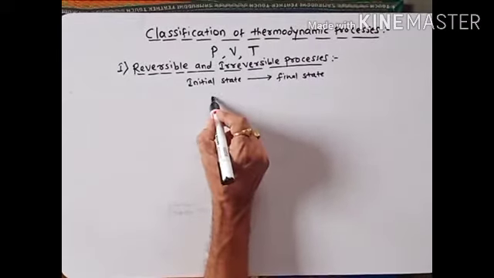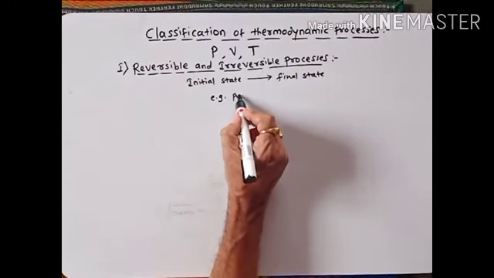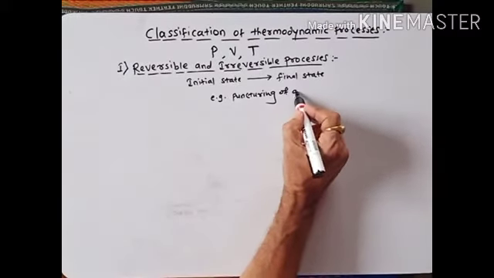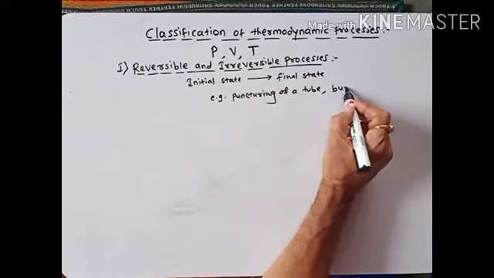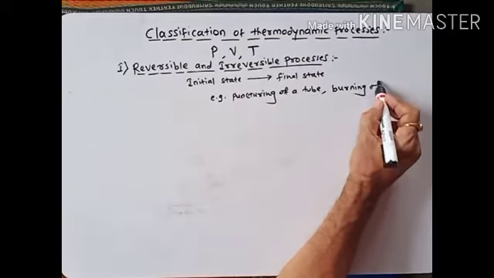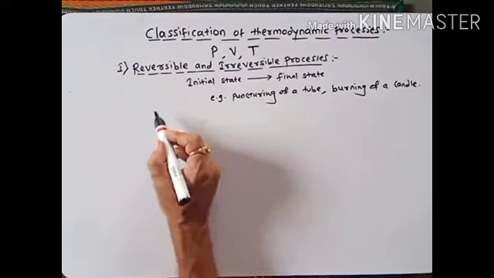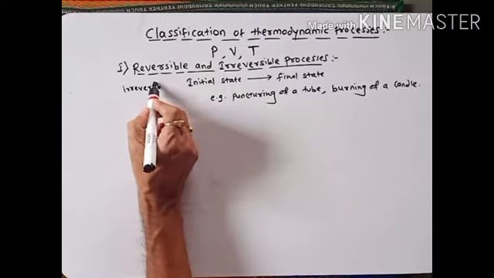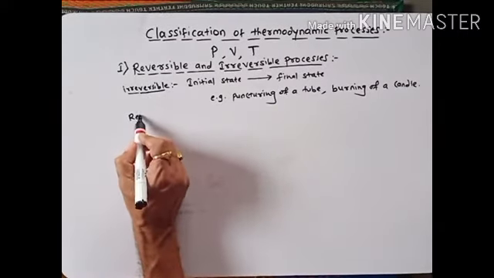For example, we consider here puncturing of a tube or burning of a candle. These are irreversible processes. We have studied irreversible processes. Now we will see reversible